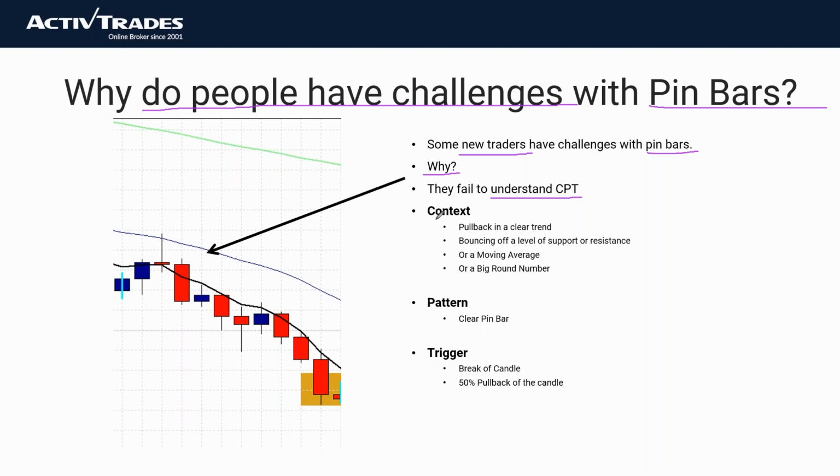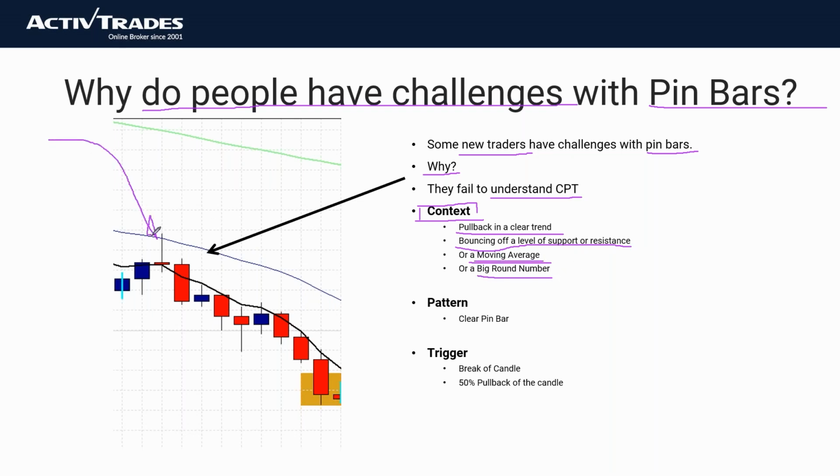And as I was just saying in the previous slide, the context for me when I want to trade a pin bar is that it is a pullback in a very clear trend, whether it be uptrend or downtrend. And what I'm seeing is that the price is printing a pin bar as it bounces off a level of support or resistance, which very often is a moving average, or it could be a big round